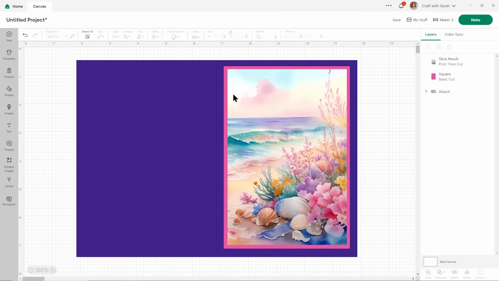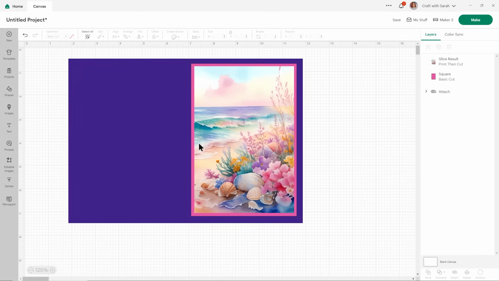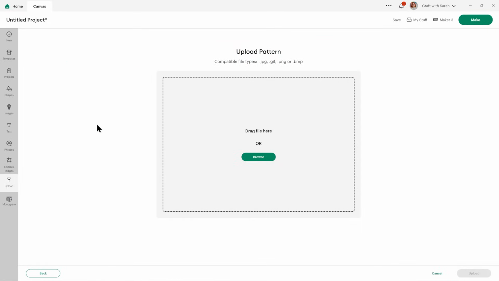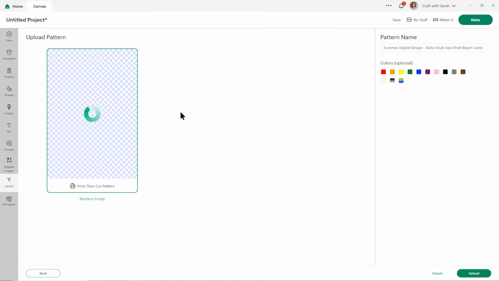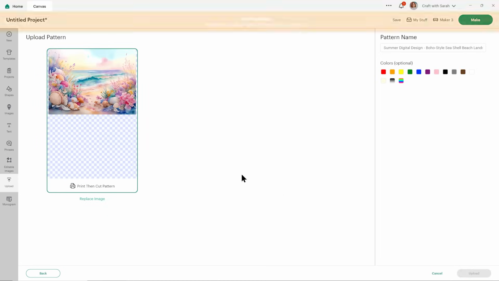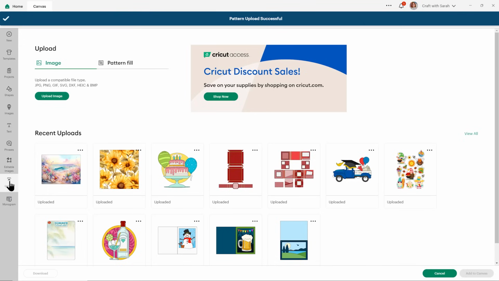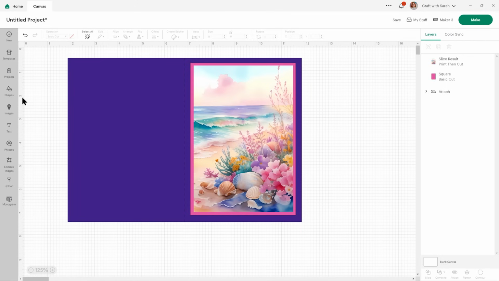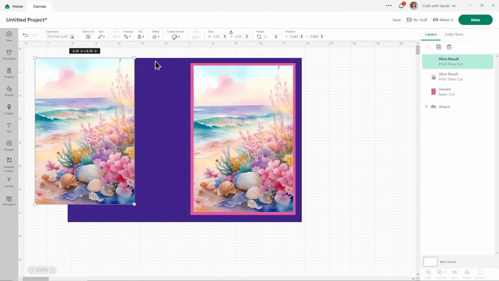This doesn't work so well if you use the pattern fill option when you're using an image that doesn't repeat. To illustrate what I mean by that, let's go ahead and upload that same image. So this time I'm putting it in as a pattern fill, exactly the same steps that we followed at the beginning of this video. All right, so remember, it won't show my recent uploads. This is the one that I did manually a moment ago. Let's go back to my project